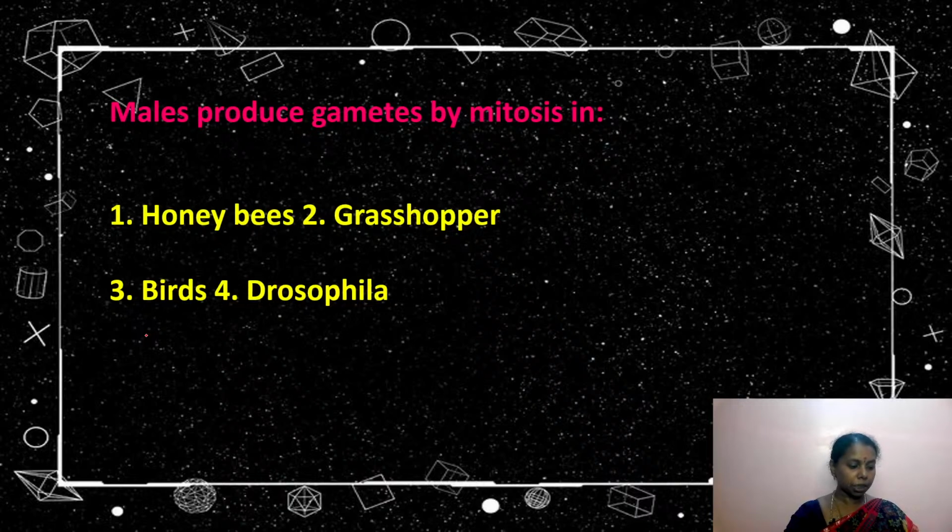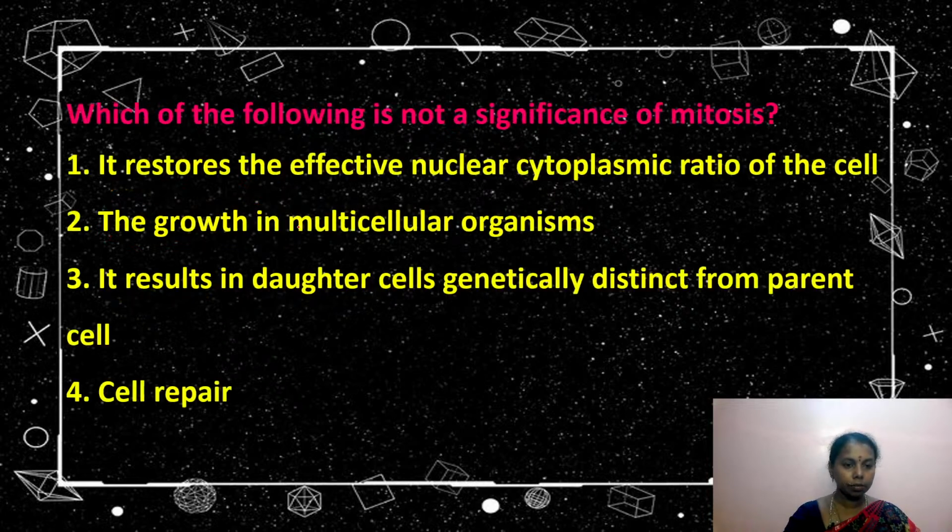Yes, 2 power n is the explanation. Very good. Jeevan answered C. Tarunika answered 1 and Vaishnavi answered A for the coming question. Yes, Priya Madhavi, yes, it is honeybee. As the drones are haploid, they undergo mitosis only to produce gametes. That is the very correct answer. Excellent answer. Yes, Jeevan, very correct answer. You're rocking.